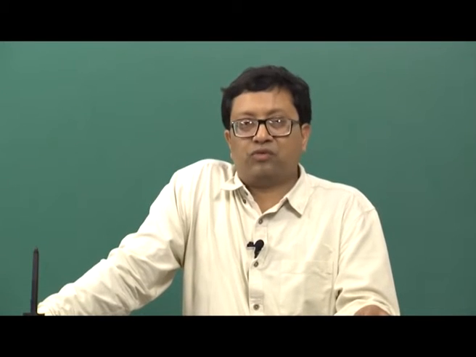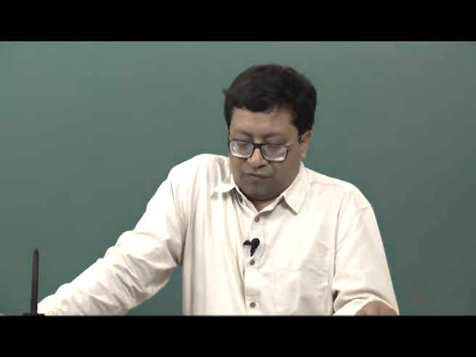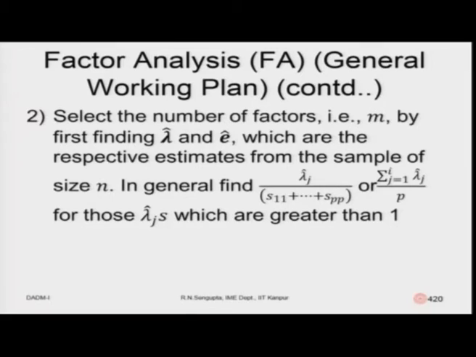Then similarly, we will have E2, E21, E22, E23 up to E2p, where the first value corresponds to the eigenvectors, which is the second level and for lambda 2. Now, with respect to the estimates from the sample size n, we get it in general trying to find out,